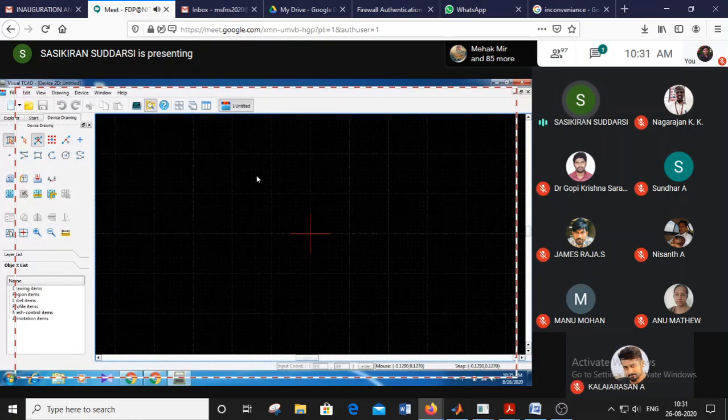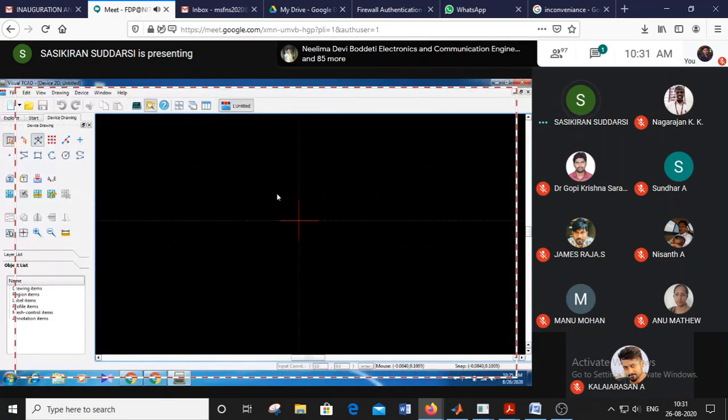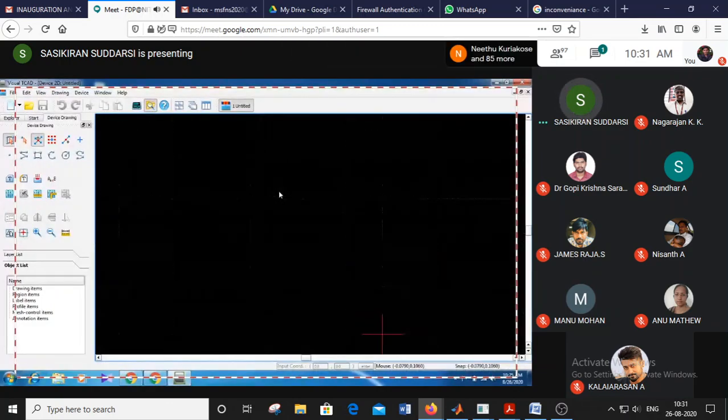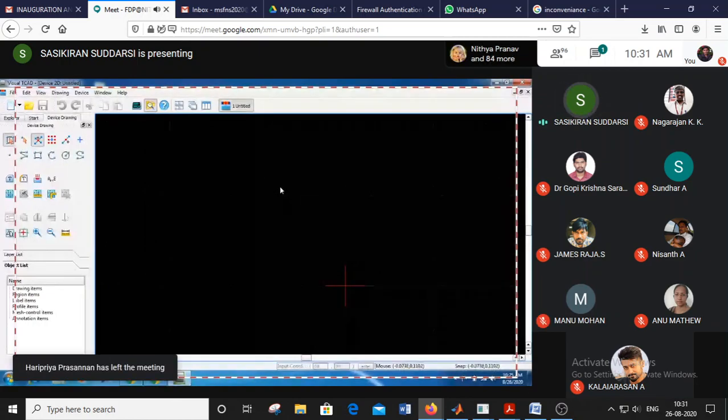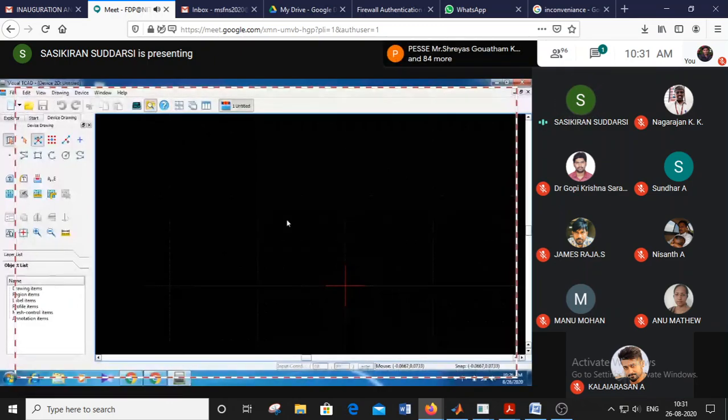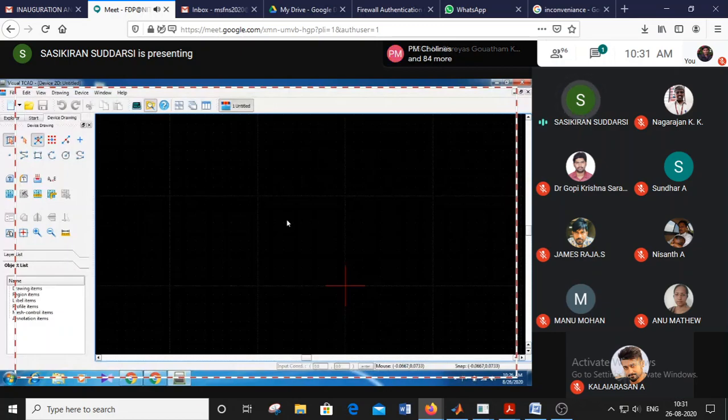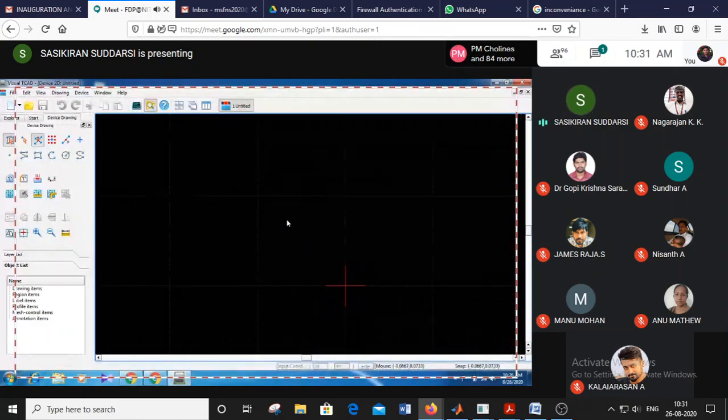Next we will use zoom in and zoom out using the scroll key in the mouse. So I am zooming in and out. You can see that, right? There is a convention here. To follow that convention, I have a plan for how to draw this device. Randomly also you can draw any device dimensions, but maybe you cannot get a clear idea about it. So I am having some plan with the device drawing.